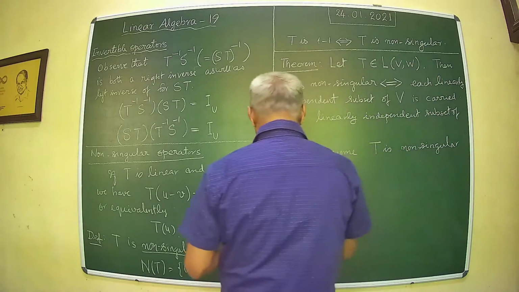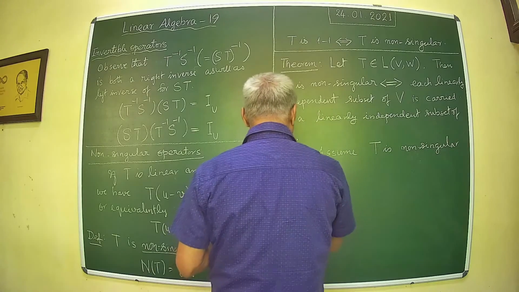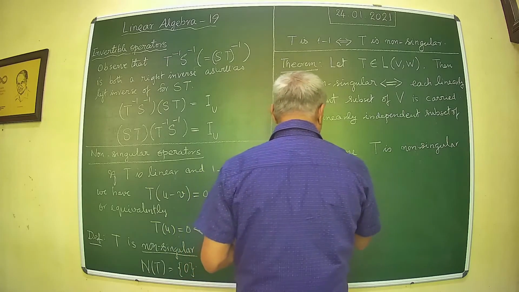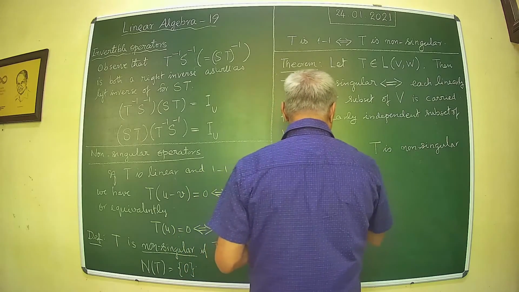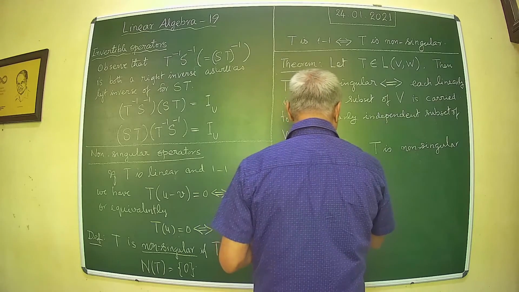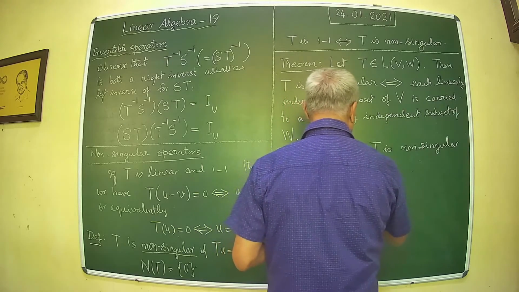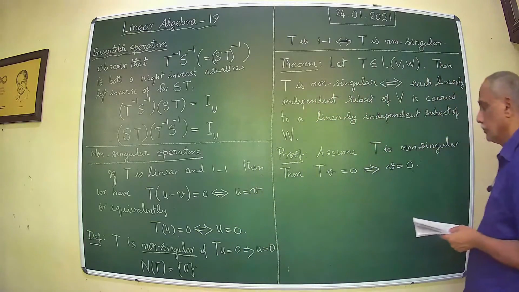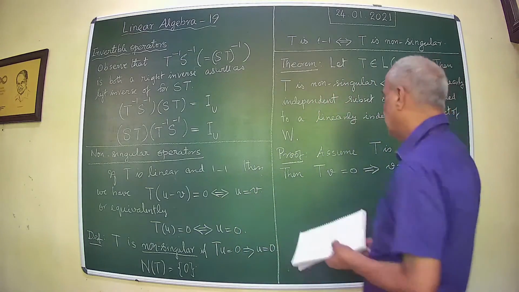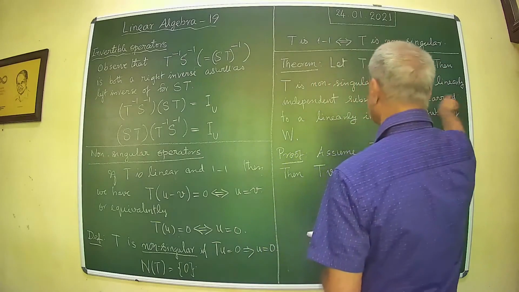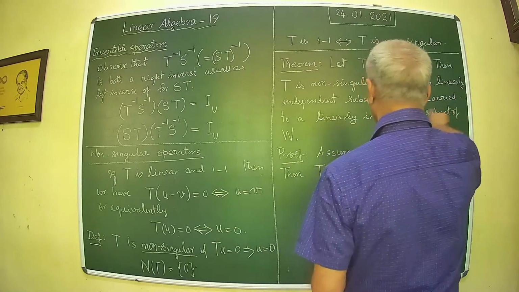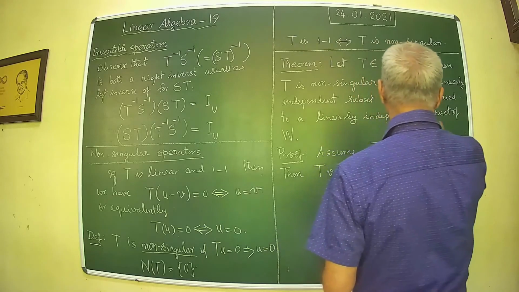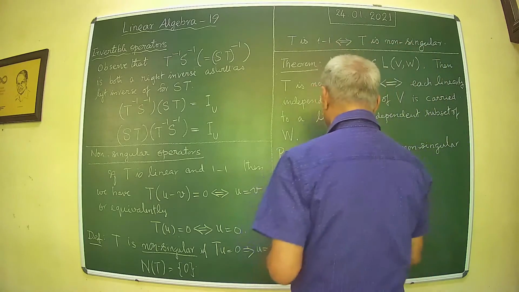Then we have zero. Now we try to prove this. Each linearly independent subset of V is carried to a linearly independent subset of W. So let